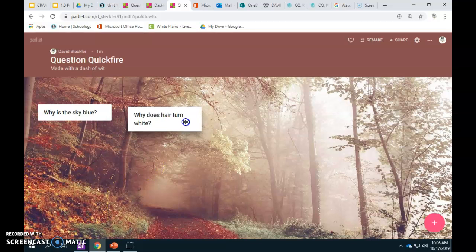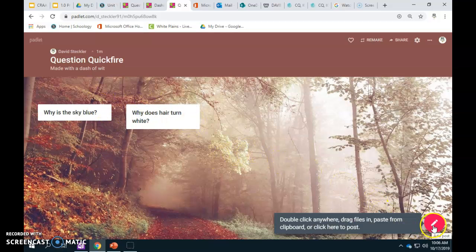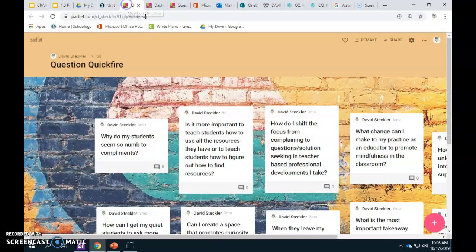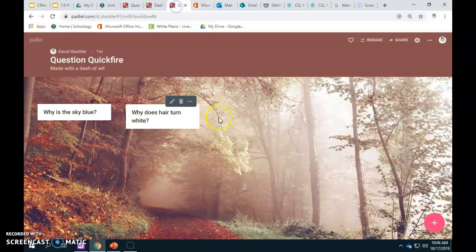And the goal is to ask as many questions as you can, to literally quick fire these questions, have them come one after another, after another, and go, go, go, as many as you can. And by asking all of these questions, and by continuing to ask questions, you are going to get a lot of questions on your document that will kind of look like this, so that we have them all over the